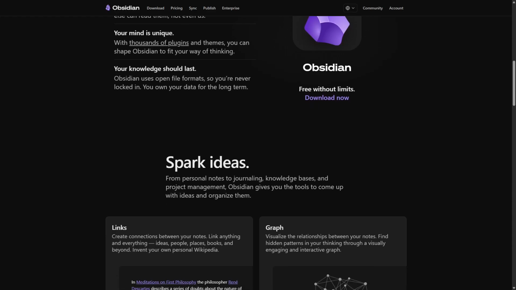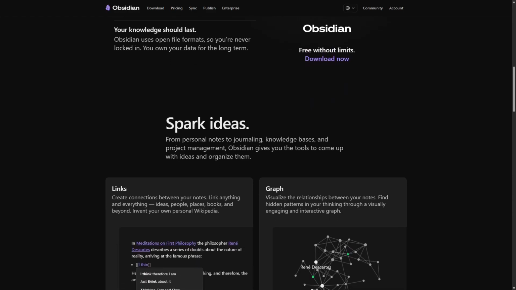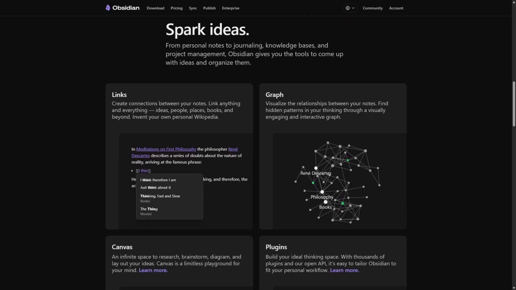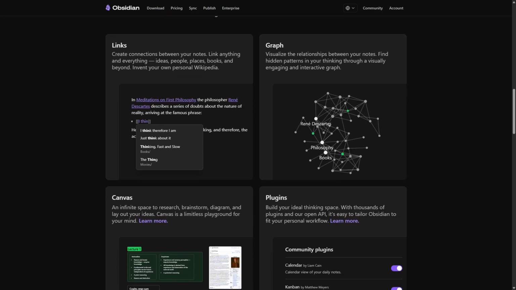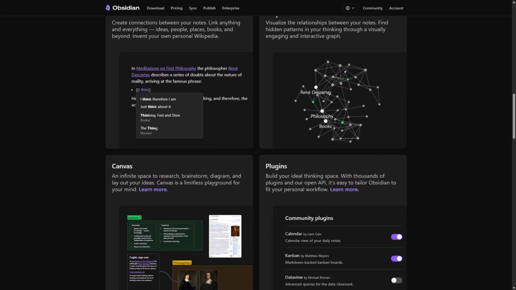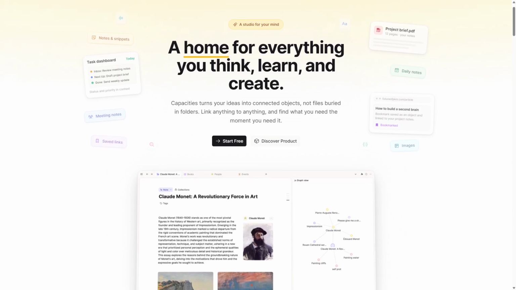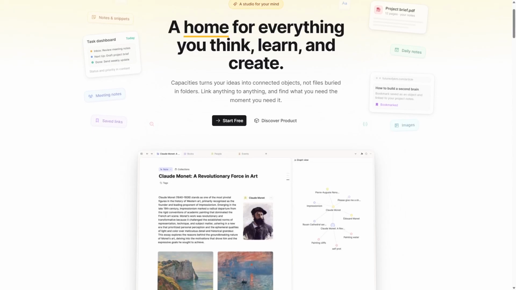However, its steep learning curve may be a limitation for beginners. Obsidian is ideal for users who prefer a free-form approach to note-taking and want to create a rich, interconnected knowledge base. Capacities is designed with a focus on structured organization, making it an excellent choice for users who thrive on